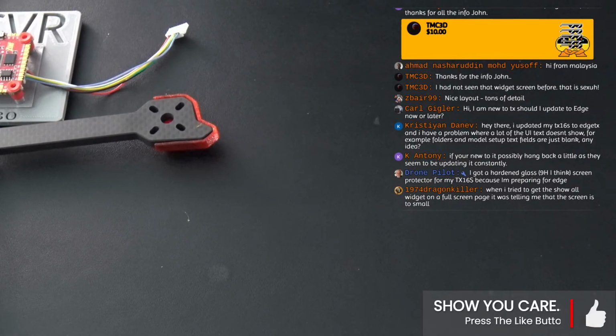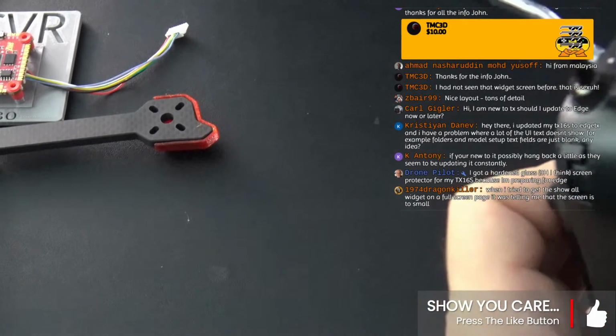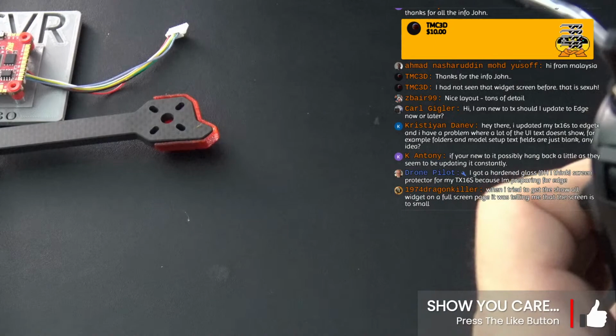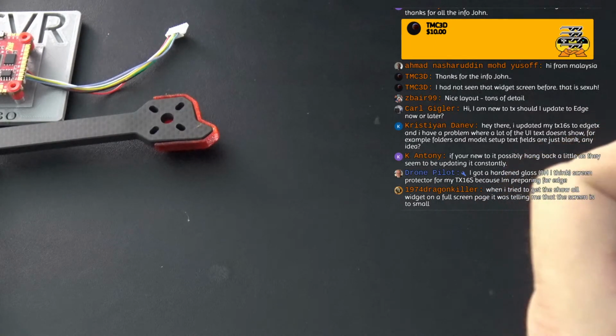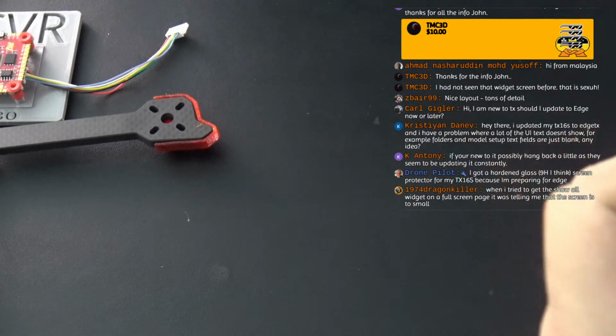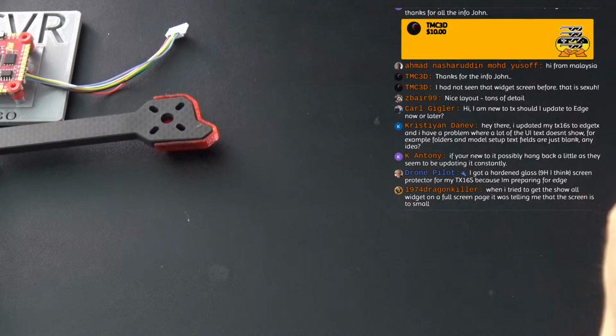Macro mode on. Amp. Degree Celsius. Crow on. That was a little fast. Crow off.